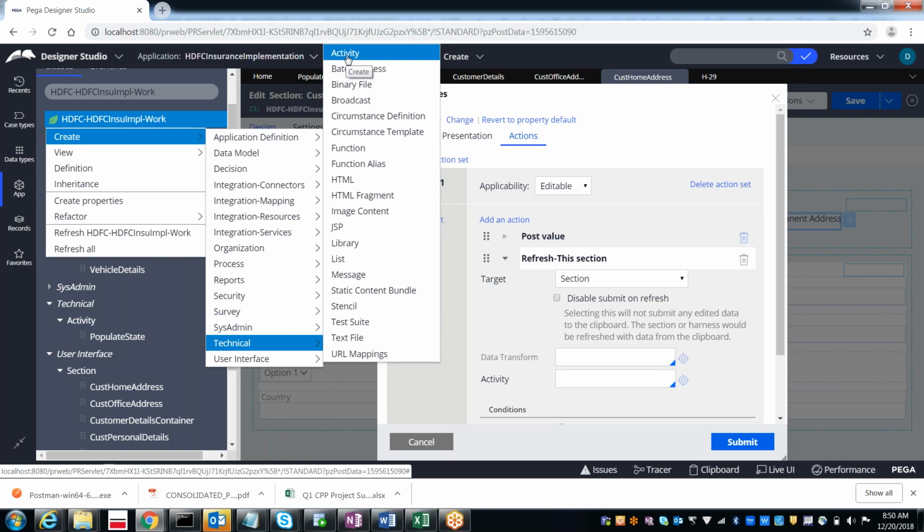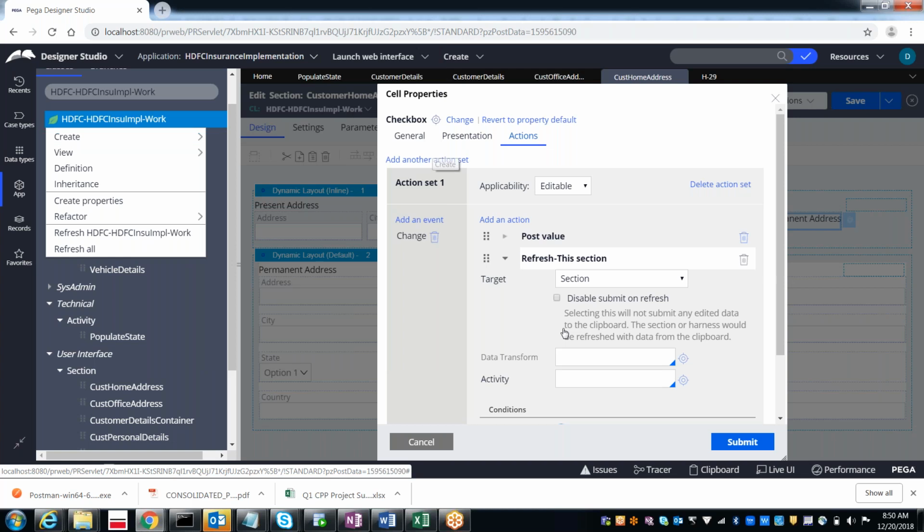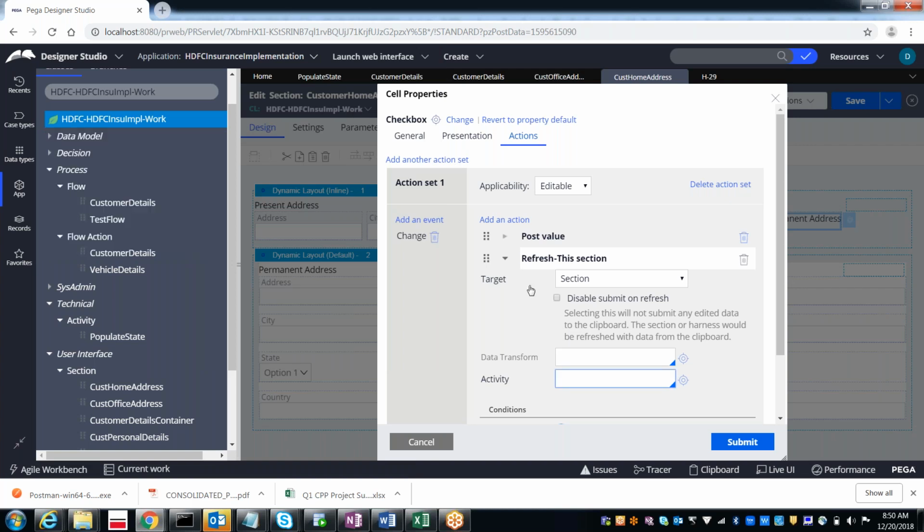And the third option is what? The third option is on the properties of this, refresh this section, we have activity, and here also we can type an activity. So what is the activity name? You can give copy present to permanent.